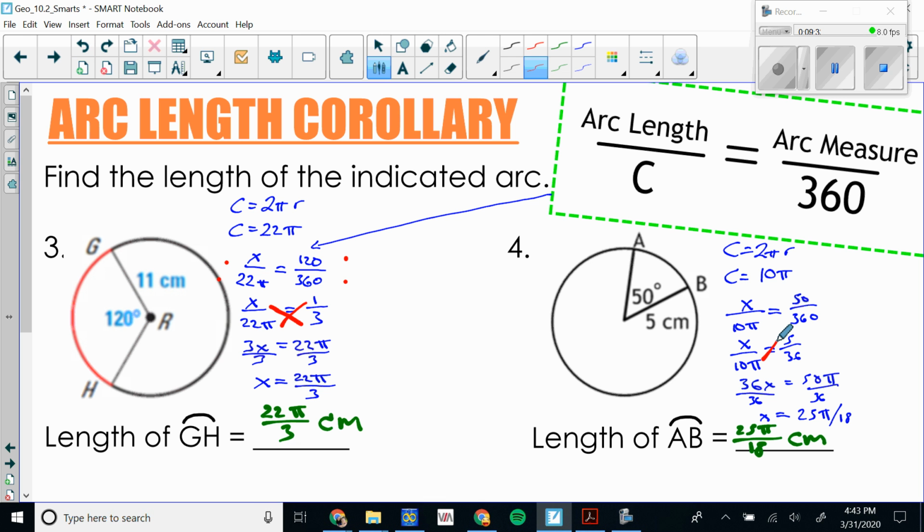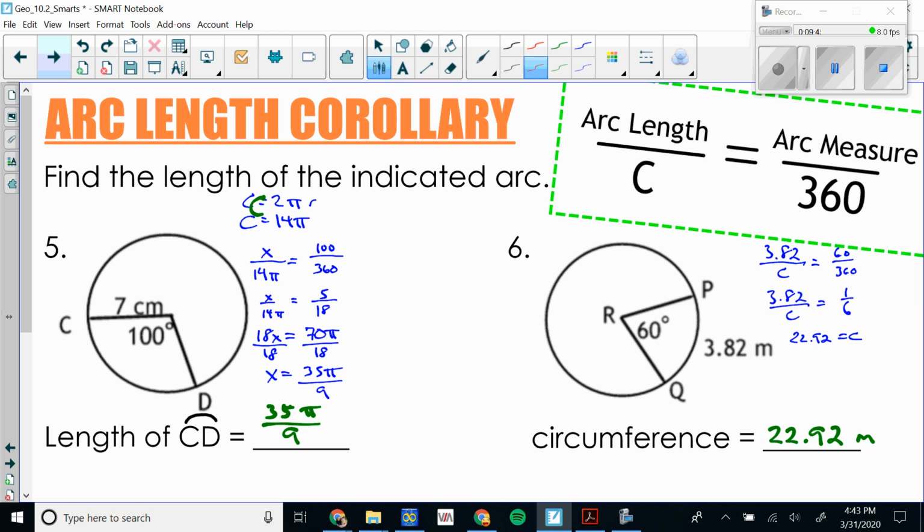Cross multiply to get 36x equals 50 pi. Divide by 36. Again, it doesn't simplify the best, but it does give you 25 pi over 18 centimeters. Number 5